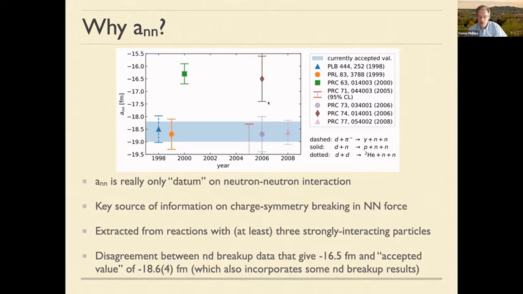So you might think, well, it's not bad, minus 16.5, minus 18.6. But first I'd point out that the error bars don't overlap. So there's clearly something here that we don't understand. But more importantly, the so-called strong proton-proton scattering length sits exactly in between these two numbers. So indeed, the sign of charge symmetry breaking in the nucleon-nucleon interaction is fundamentally affected by whether the answer is up here or down here where the recommended value presently sits.